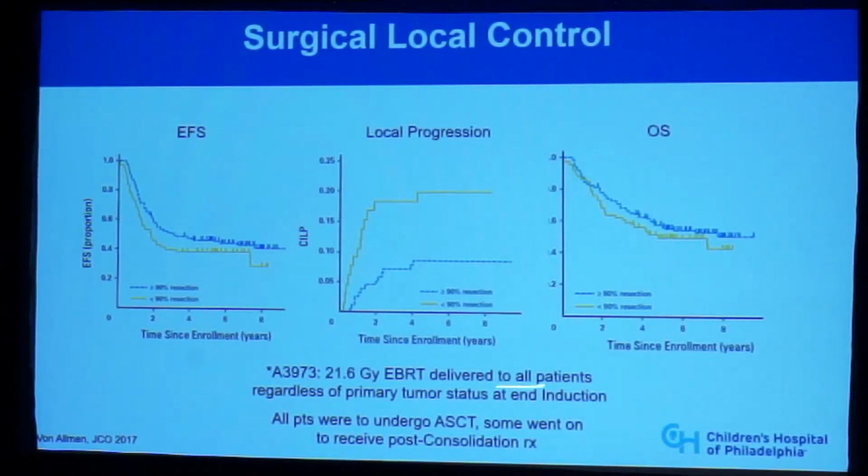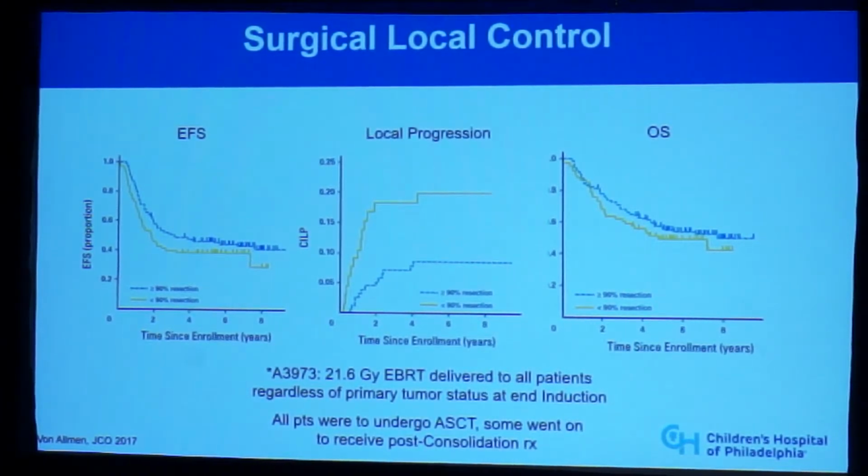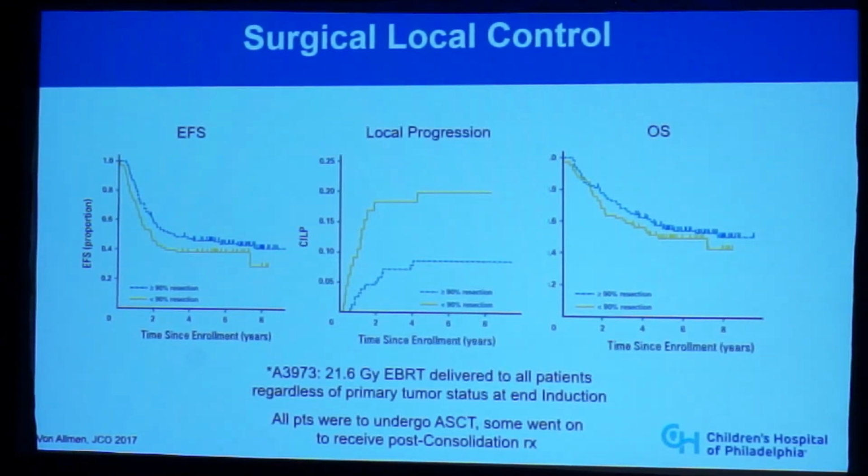All of the patients received radiation to their primary tumor bed, regardless of whether or not there was residual disease left behind. So that may have, again, mitigated the results of the surgery for some of those patients. These patients, in contrast to the prior study, did go on to get transplant and immunotherapy. There's a tendency when we read a paper to look at one paper says one thing and one paper says the other, and I think we have to be a little thoughtful about this and understand that the patient populations were a little bit different. So I think the debate remains about surgical local control and needs to be considered by us when we design our trials.